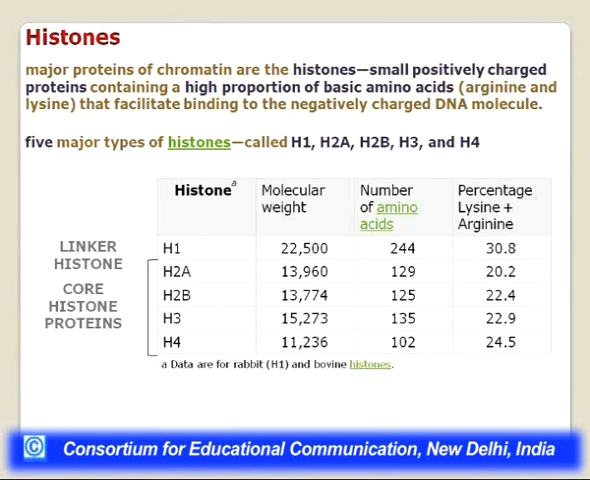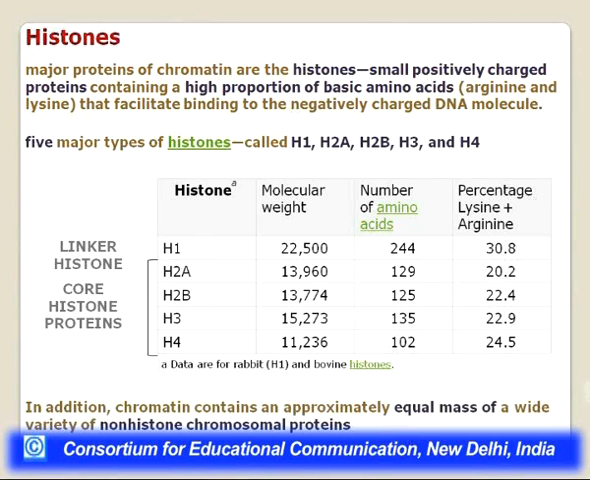And then you can see the number of amino acids which is present, and obviously H1 has a higher percentage of lysine and arginine. In addition to the chromatin, they contain an approximately equal mass of a wide variety of non-histone chromosomal proteins. We will not go into detail about these non-histone chromosomal proteins today, but all I can tell you is that